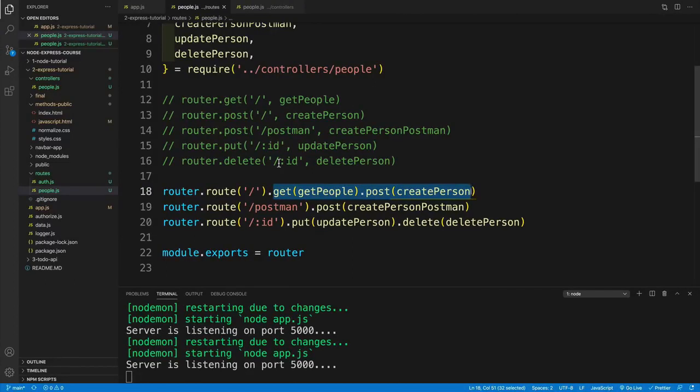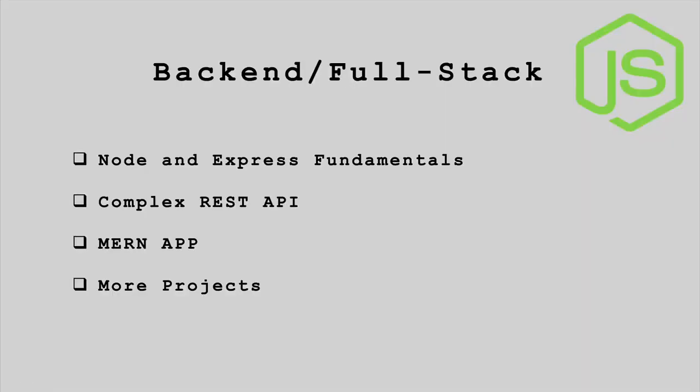And lastly, let me just quickly test it one more time since I made some changes. I send it, and there it is. I successfully get back my people. So with this in place, with our router in place, with the fact that we have covered all the methods, the get, post, put, and delete, I think we're ready for the next level where we connect our server